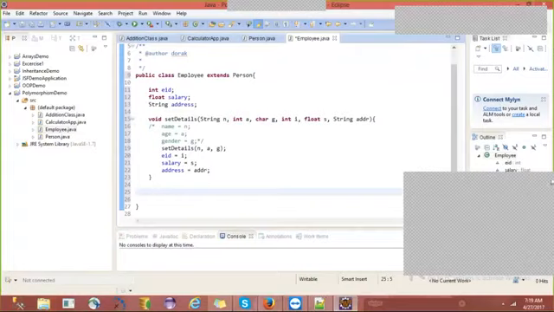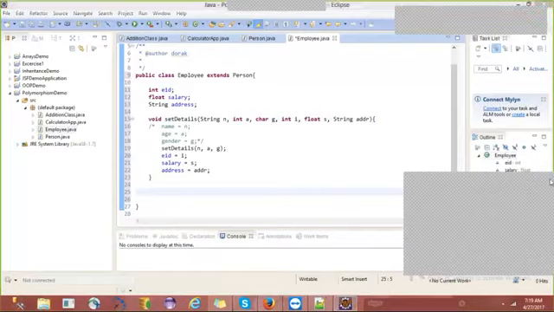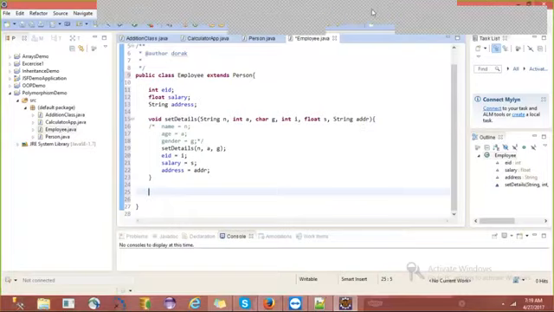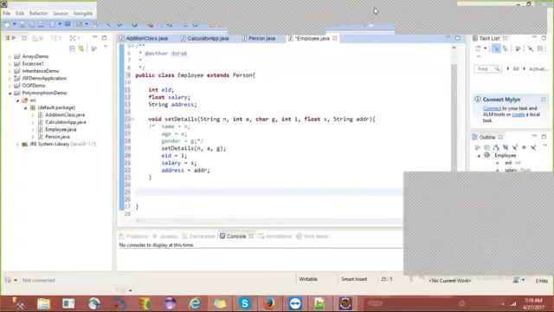Okay guys, now what is the next method that we need to write in Employee? Yeah, quickly, type quickly. What is the other method that we need to write in the Employee class? Yes, Krishna, you're right. Get details we need to write.